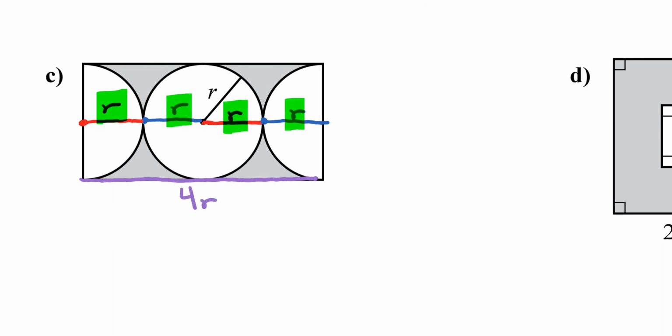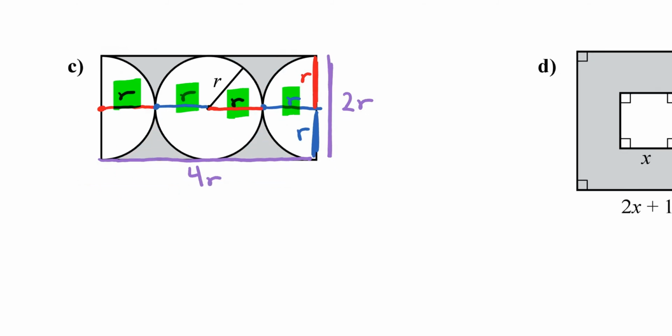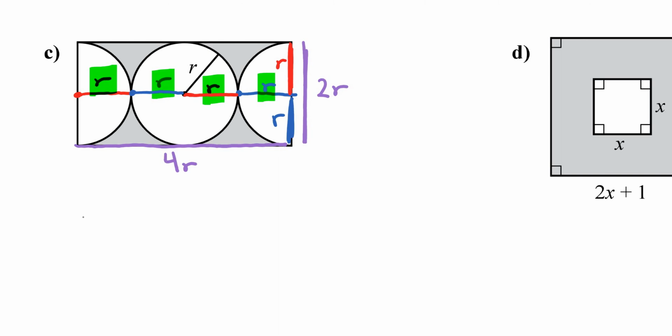You also need to recognize that this red distance right here is r, and this blue distance down here is also r. So this entire purple distance here is going to be 2r. All right, so if you want to find the area of the shaded region, which is essentially this blue stuff right here, and I hope that's a little bit more clear in your workbooks, your goal is to find the area of that shaded region. What you're really doing is you're finding the area